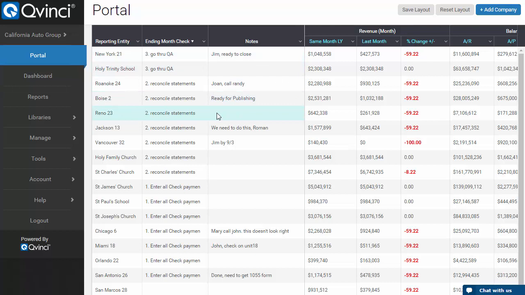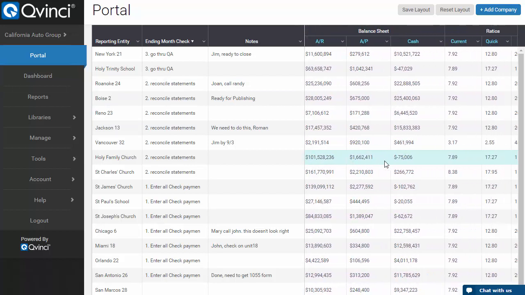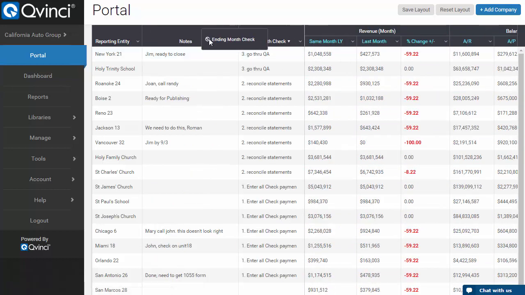And so imagine how much time and effort you and your staff at the corporate layer could save by seeing data sets like this very simply, very easily, and arranging the portal view the way you want. Each user gets to arrange these columns. They all move around. You can drag and drop them to the left and right of the split and change the order of events and move them around like I'm doing here.